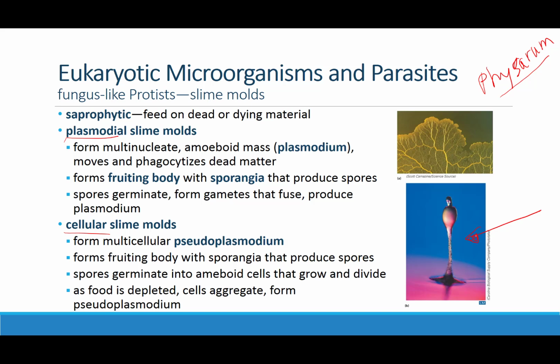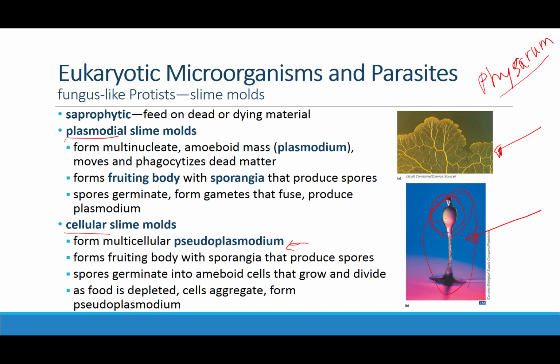Here's the fruiting body. This, by the way, is the plasmodium of a plasmodial slime mold. This is what's left of the pseudoplasmodium, I should say, after it forms its fruiting body. And then up here at the top, there's the sporangia that will produce the spores. And again, as it dries, the spores are released and they will germinate, and then rather than finding each other and fusing, they will be individual amoeboid cells that grow and divide, and they're little amoeba that go crawling